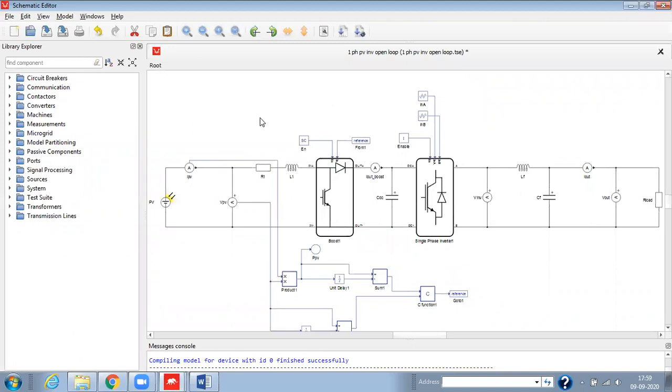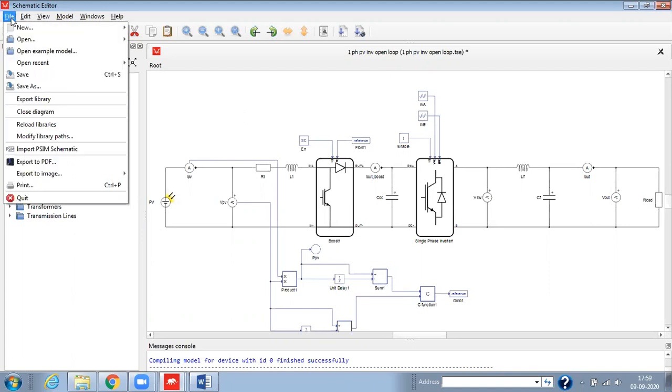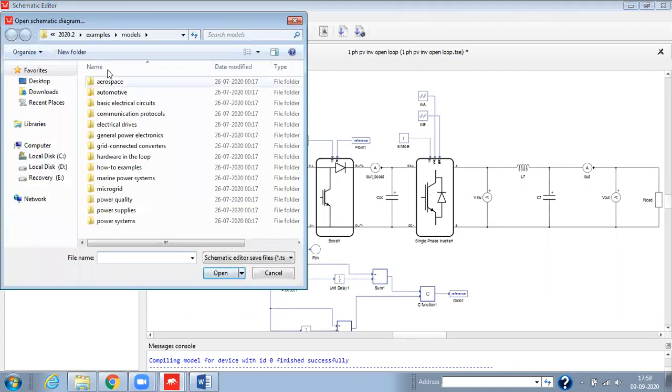Any other queries regarding the modeling, the simulation, or your area of interest and how you can implement it? If you are working in a different field, you can observe that we have different example models: for aerospace, automotive, some basic examples for electrical circuits, communication protocols, electrical drives, and other applications like microgrid, power quality, and power system.